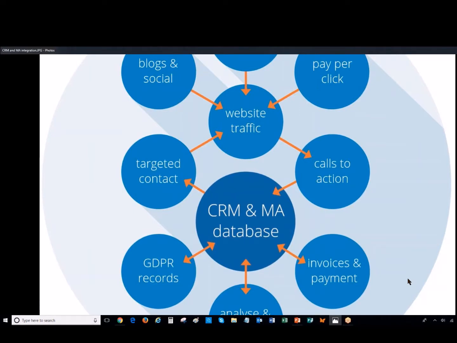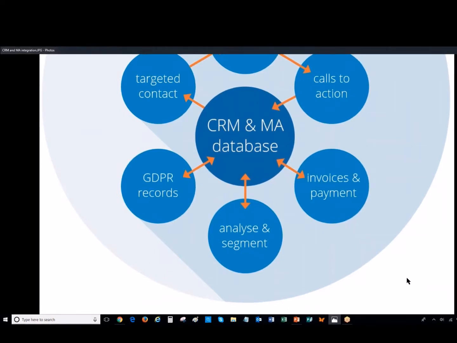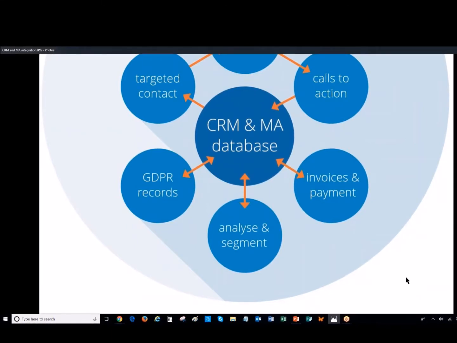As I get into customer marketing in a more detailed way, I might even be pulling invoices and payment details from my back office system into the CRM database in order to help my analysis and segmentation. For example,